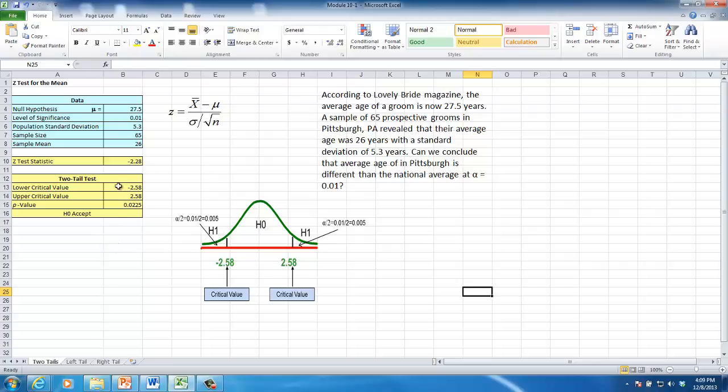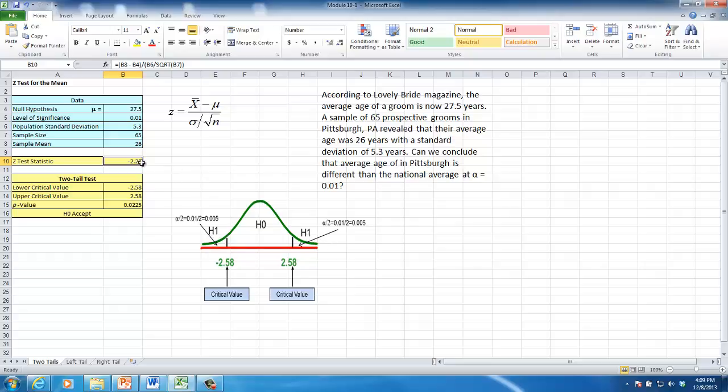Once I find the test value, which is here minus 2.28, then I can decide if H0 or H1 should be accepted. Any number between minus 2.58 and plus 2.58 will result in H0 accepted, H1 rejected, and any number beyond these points would be H1 accepted,